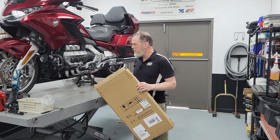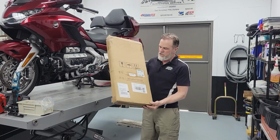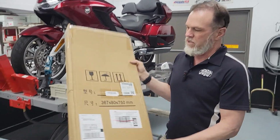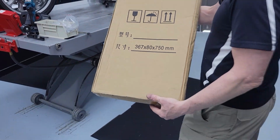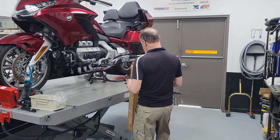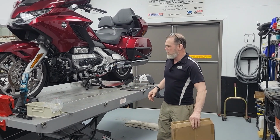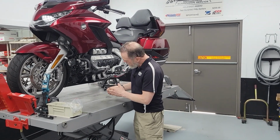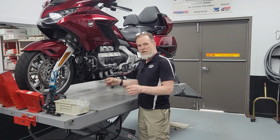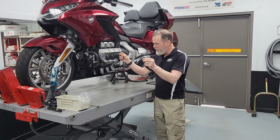We have installed here the belly pan from Panicle. Here's its packaging. I'm going to let you guess what country it's from. I purchased this on Amazon. I can't say what country it's from because then somebody will ban my video, but you know where it's from. This one mounts in a similar fashion to the Wing Stuff belly pan with some metal straps that go